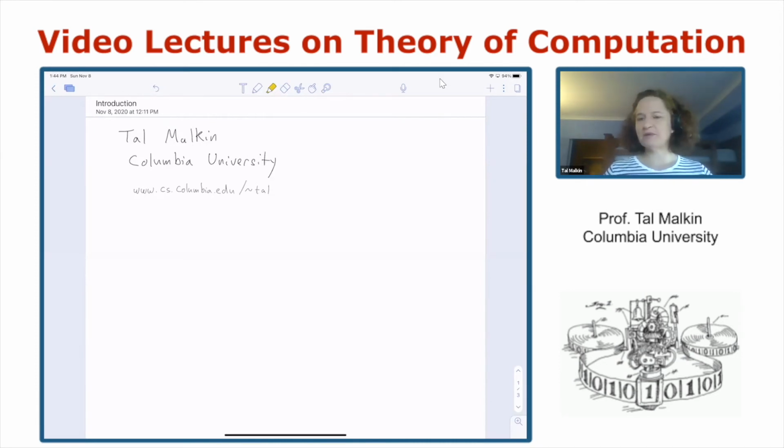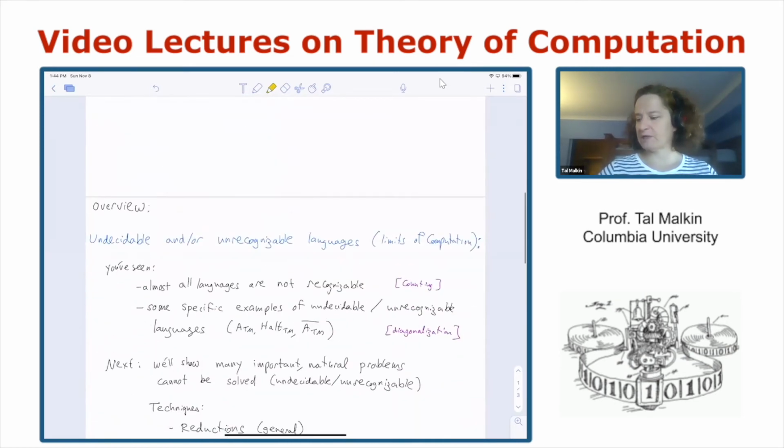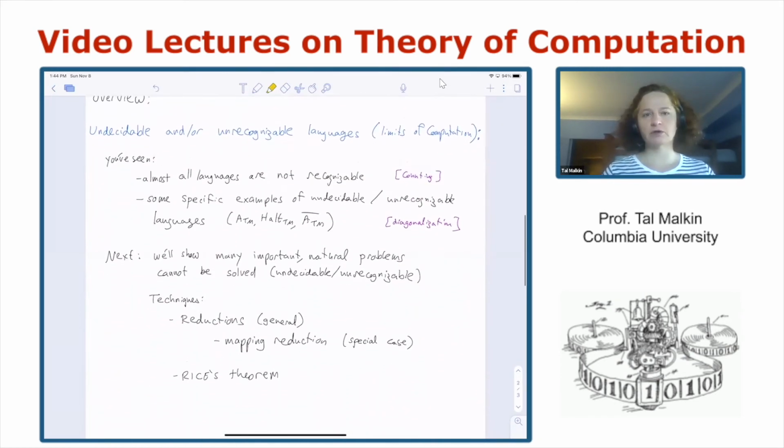Okay, so let me give a brief overview of what I will cover in the next couple of lectures. So our topic is continuing the topic from before, which is basically about the limits of computation. It's about undecidable and unrecognizable languages. So what you've already seen, and I'll recap briefly in the beginning of the lecture,